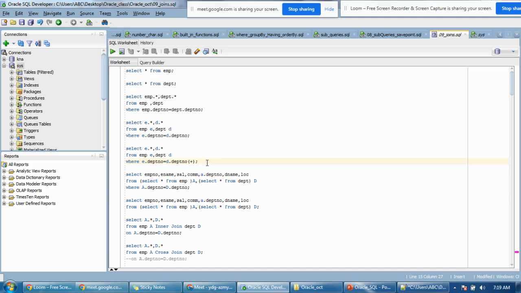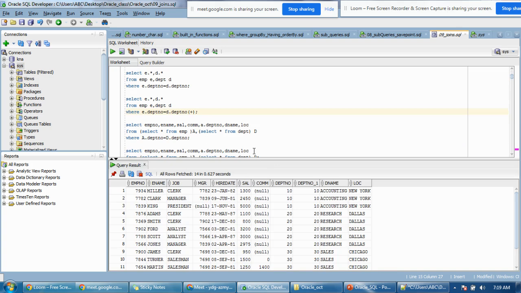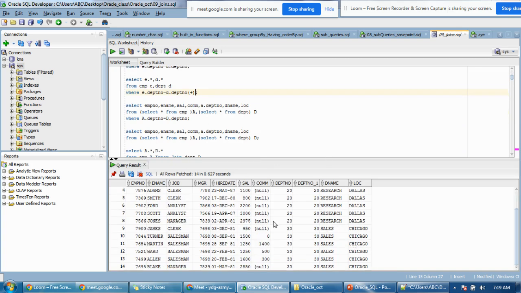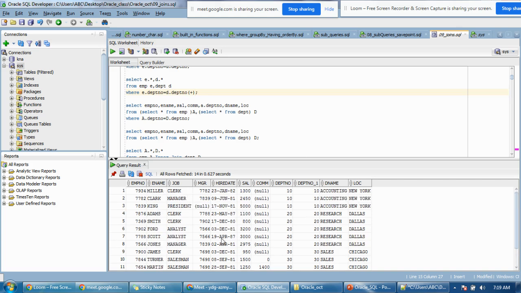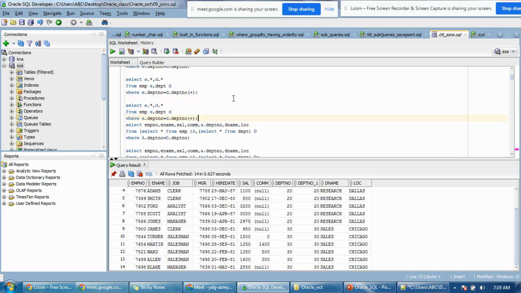Just simply specify the plus symbol at the right side. If you use the plus symbol at the right side, it means it will be the left join. If you use the plus symbol at the left side, that will be the right join. Here you are not able to see this one because we don't have any employees